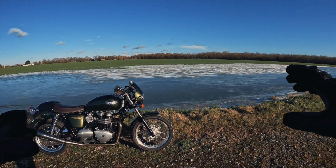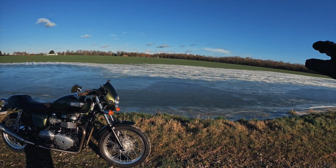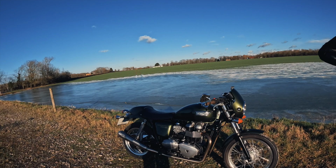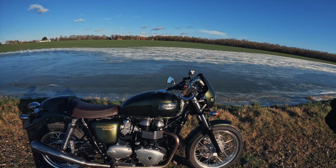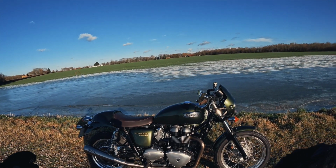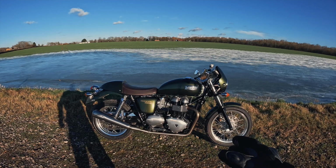Now, I should explain, as you may be able to see, that is not the Salt Lakes. That is a frozen flood in a field. Yeah, so it is still pretty nippy in the UK, so I'm going to take it a little bit easy on the roads today, although the sun is out, so hopefully some of it has melted away. What we're working with, we've got an